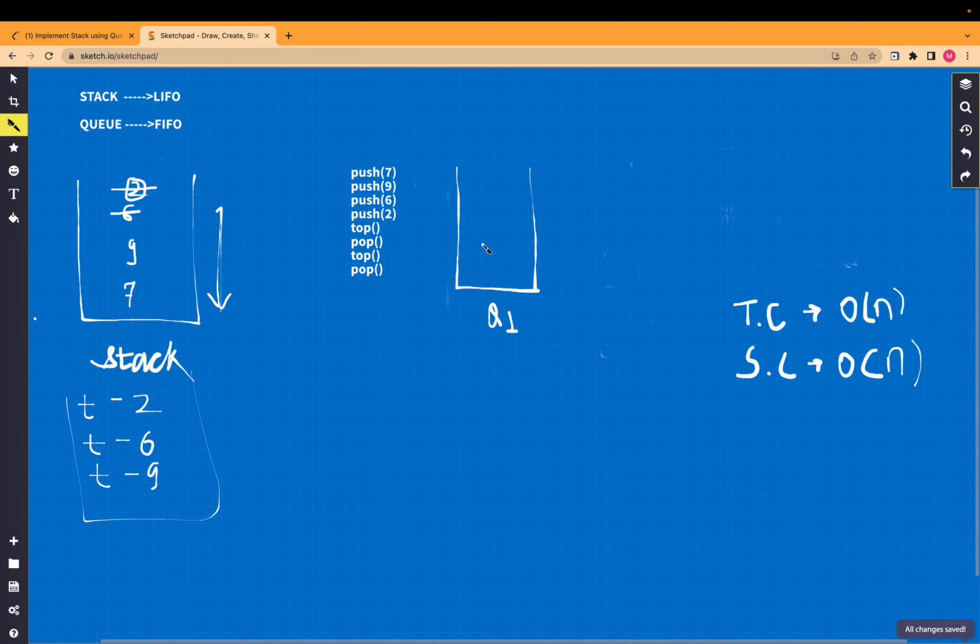As we got 7, we will push over here and we will check the size of the queue. If it's 1, we will do nothing, we will push another element, 9. Now the size of the queue is 2. Now we will take size of the queue minus 1, that is the single element, we will remove it from here, and then again we will add it in the same queue,